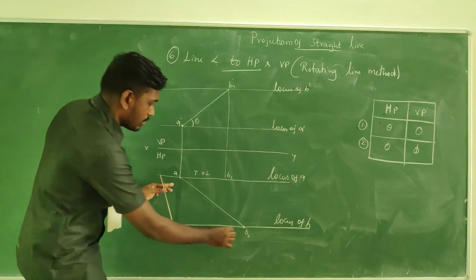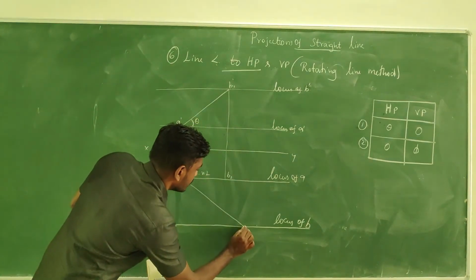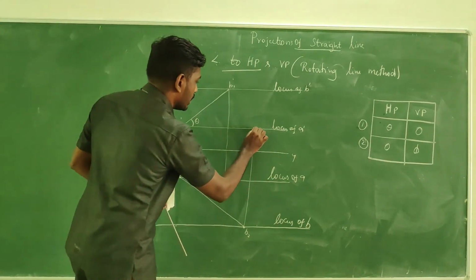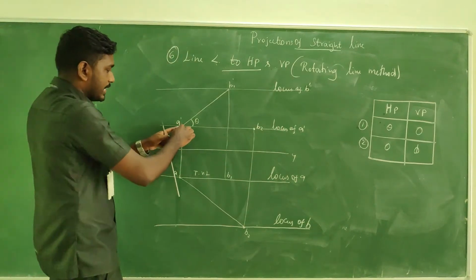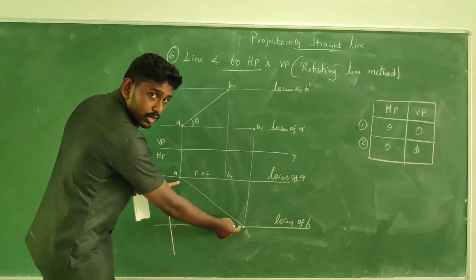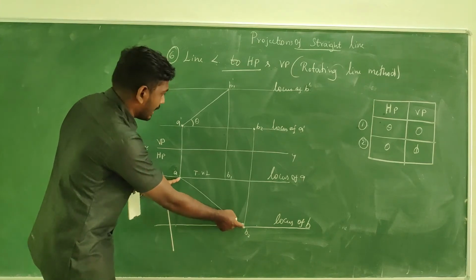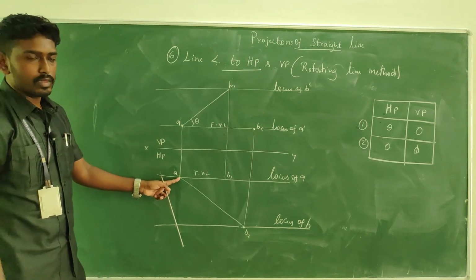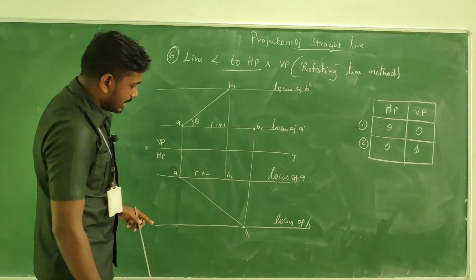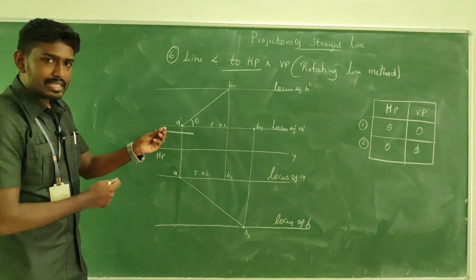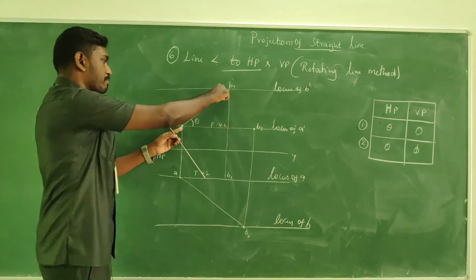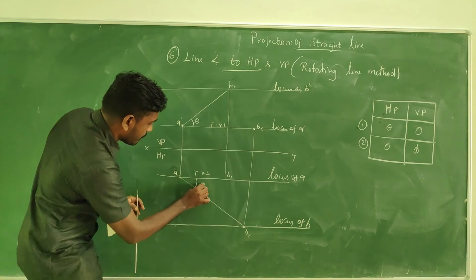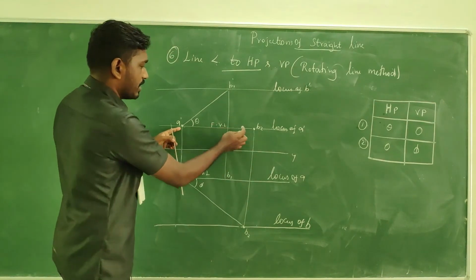How will you capture it? By taking the projector. Take this projector to the locus of A. At that time, it forms B2, and the horizontal line, which is the front view for this line. So here we will be calling it the front view length, right? And then see, in a separate manner I have taken theta and I have taken the top view. In a separate manner, I have taken pi and I have taken the front view length.